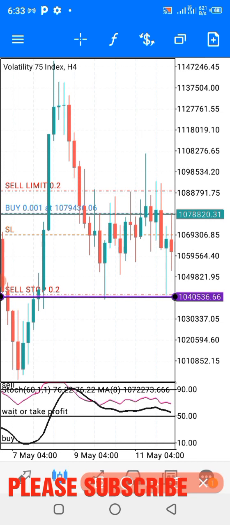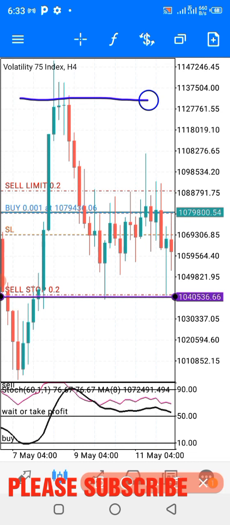But if you fail to put it, the price can move down from this point to this point, and you will lose all your money. So now, what if the price goes in my direction? Where will I put my take profit? If you want to put take profit, you have to consider the direction you are buying, so that you anticipate the market to go up. So you place your take profit at